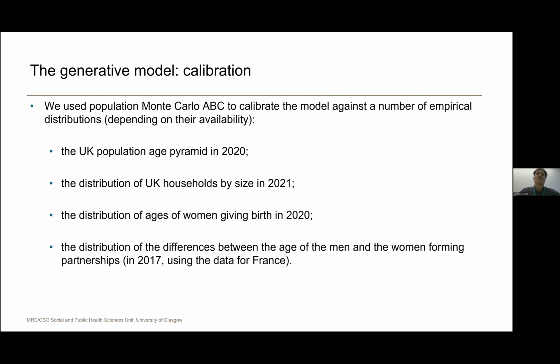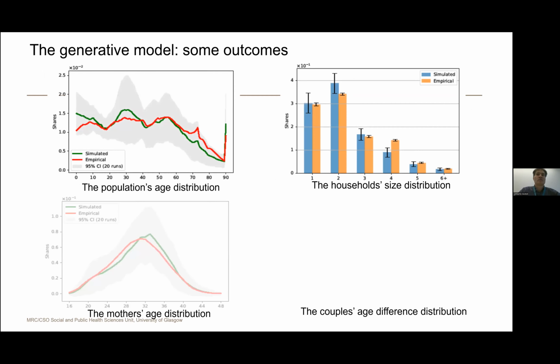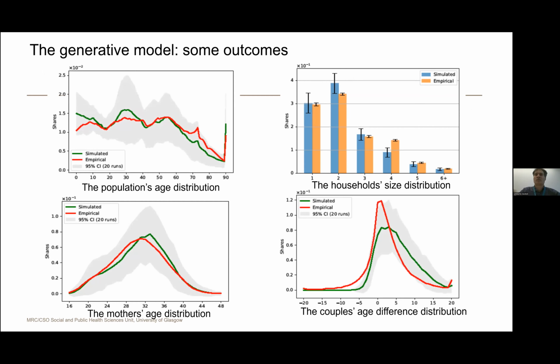We use the data for 2017 from France because these were the data that we had. And so we can see from this, I'll go pretty quickly here, from these empirical data sets that the simulation, we are still working on the calibration actually, but so far we got encouraging results. The population age distribution is reproduced pretty well. The household size distribution as well, apart from households of size 4, which is a little bit low. The distribution of mother age is also pretty good, and the distribution of couple age difference, the mode is fine,